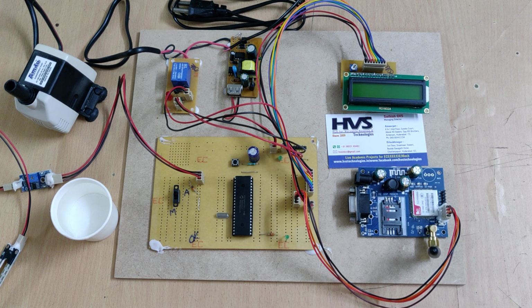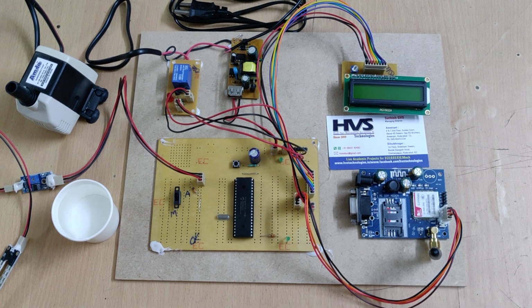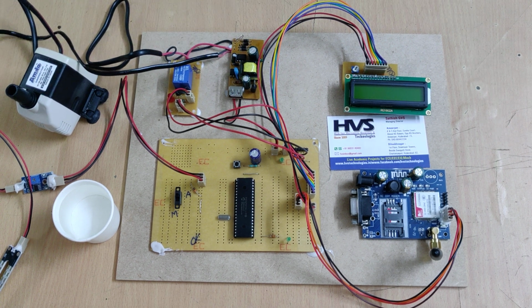So let us see the demonstration. Before switching on these kits, we need to insert a valid SIM card. Better to use Airtel or VI other than Jio, and you should have the SMS balance or main balance. And after inserting the SIM card, just give the power supply